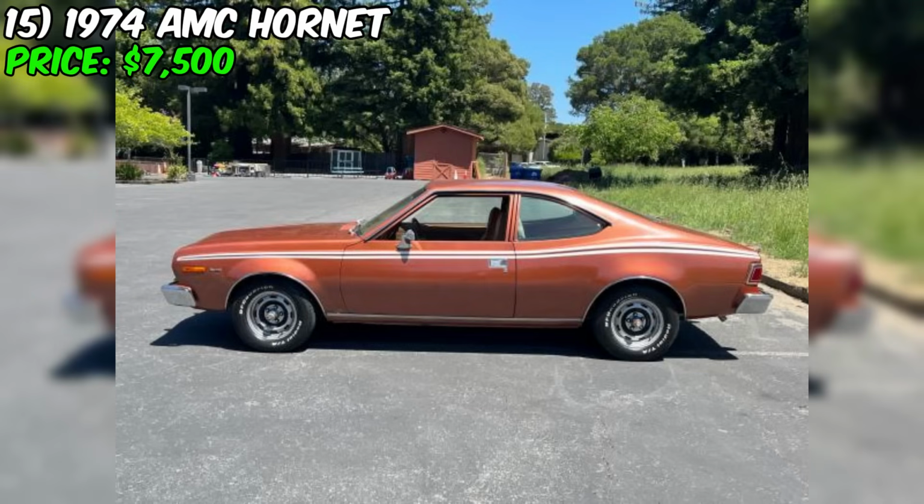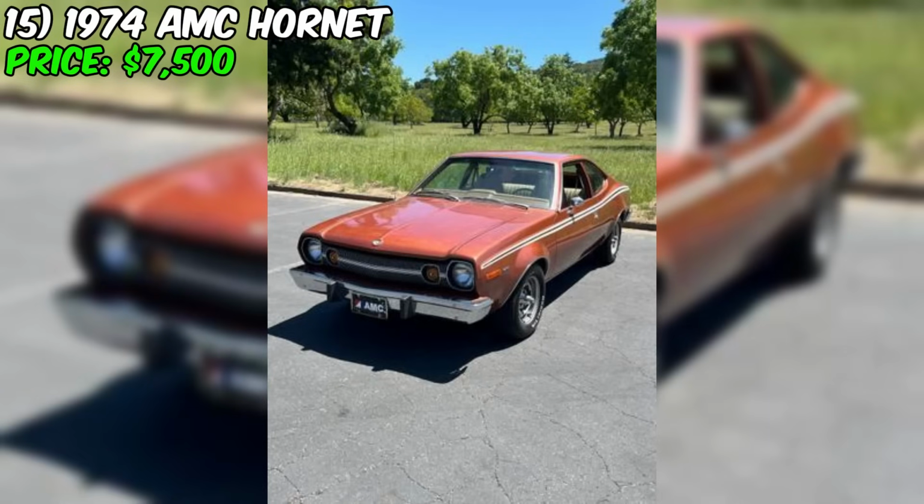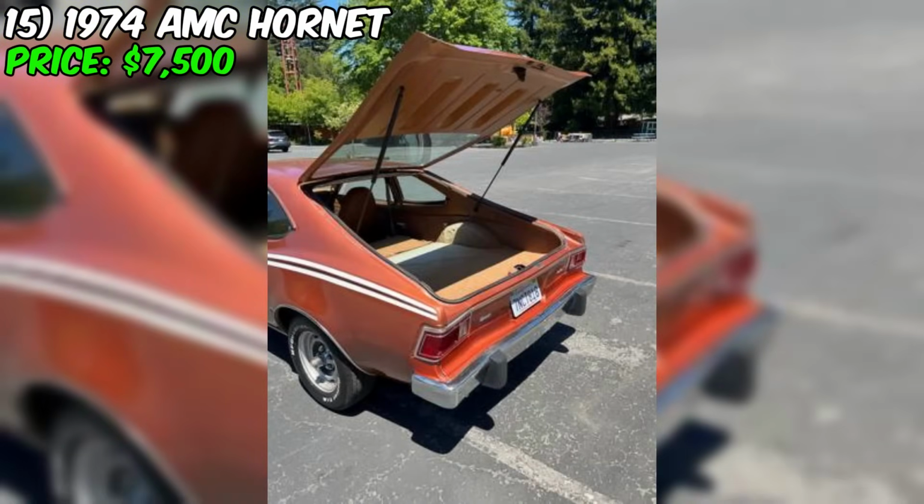Oh, and one more thing. Bill has already paid the registration through May 2025, and the title is clean and in his name. That means you won't have to deal with any paperwork headaches when you go to transfer ownership. So what's the bottom line here? If you're in the market for a classic car with a bit of character, this 1974 AMC Hornet is definitely